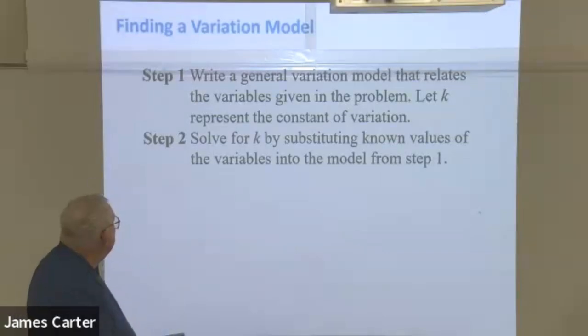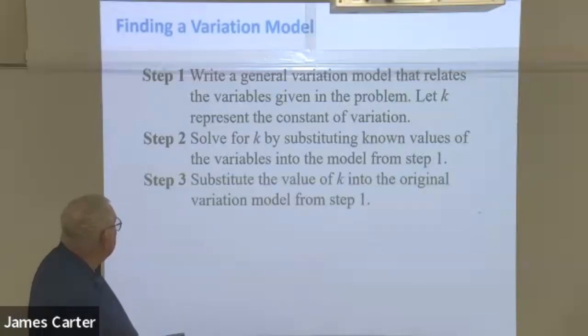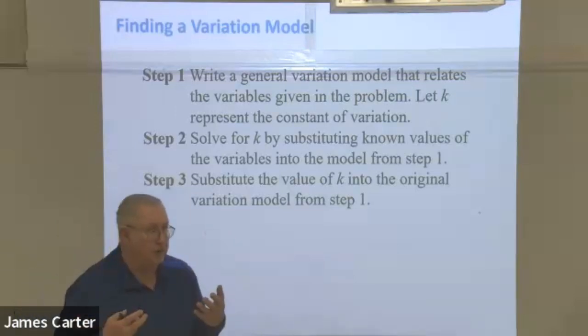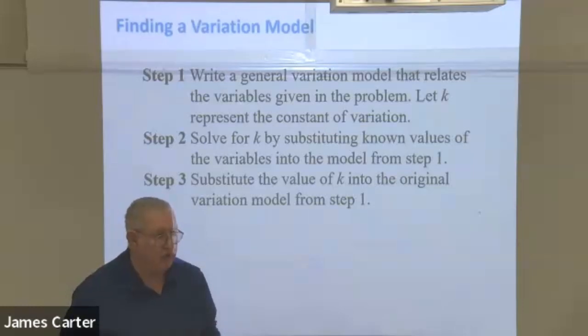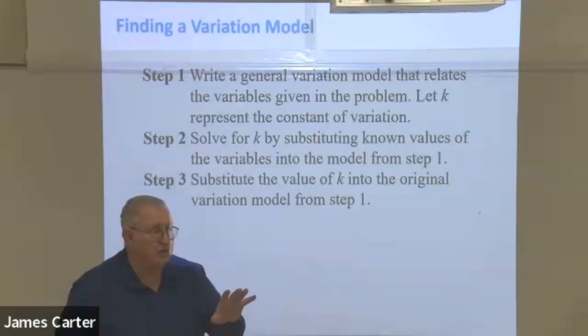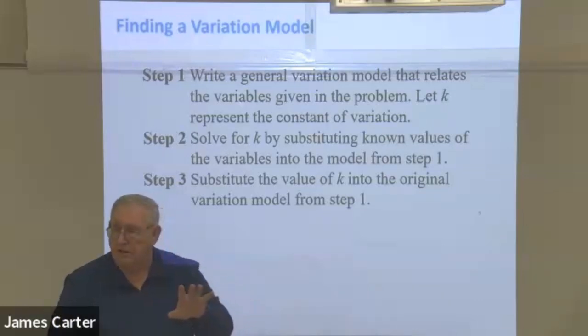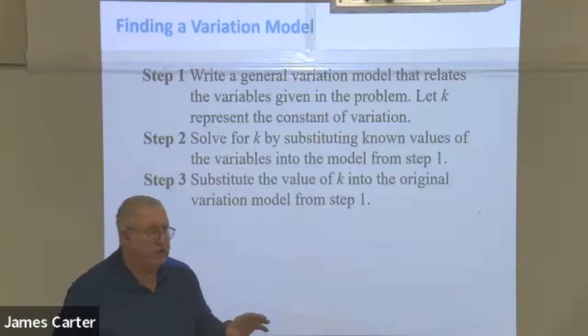Third step then, substitute K into the original variation model. In other words, you replace the K with the number. And that's called the equation of variation. And you will be expected to give that equation with the K value replaced